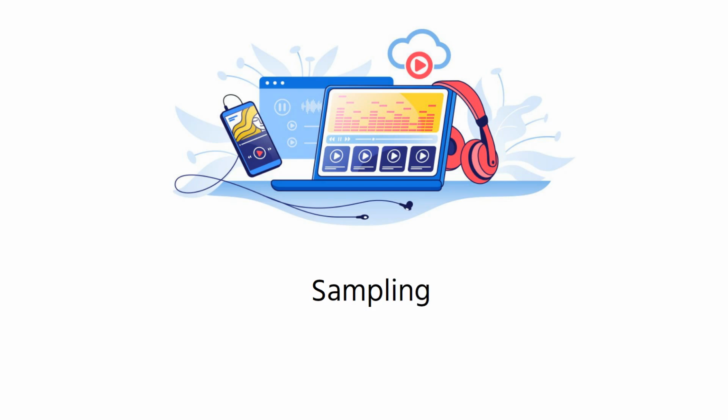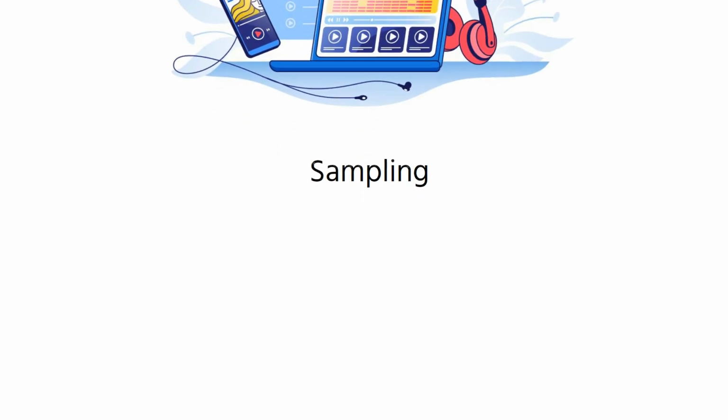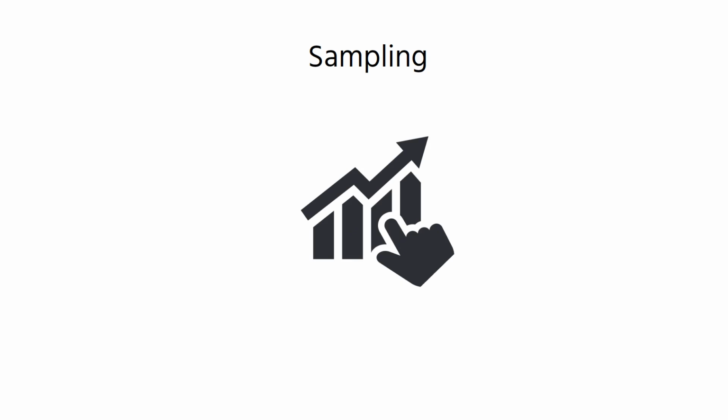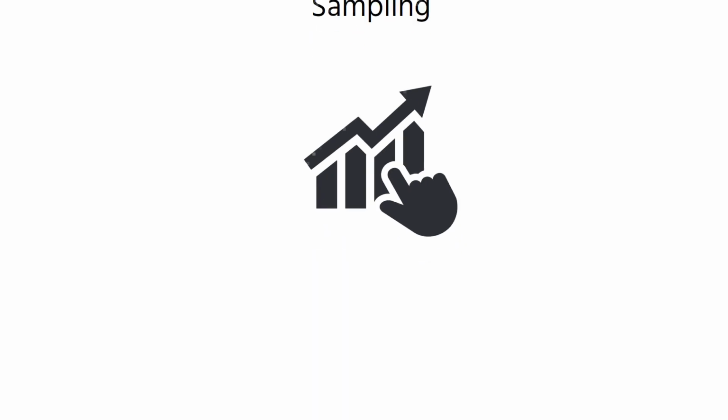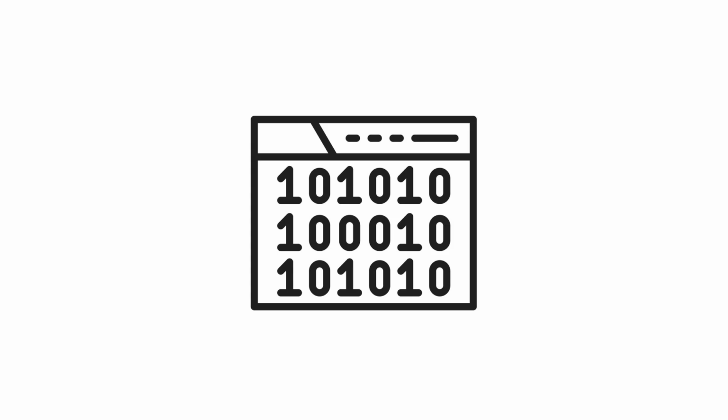Each sample represents a snapshot of the sound wave at a given moment. The quality of the digitized sound largely depends on the sampling rate, with higher rates capturing more detail and producing sound closer to the original analog version. Once sampled, each sound snapshot is converted into binary code, allowing it to be stored and manipulated by digital devices. These digital files, often compressed into formats like MP3 or WAV, can be easily transmitted and played back without losing